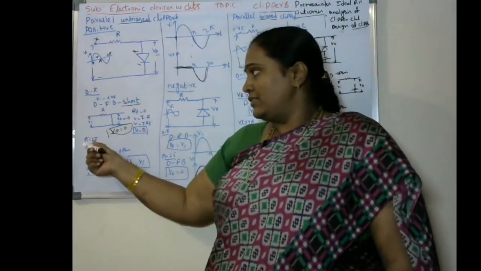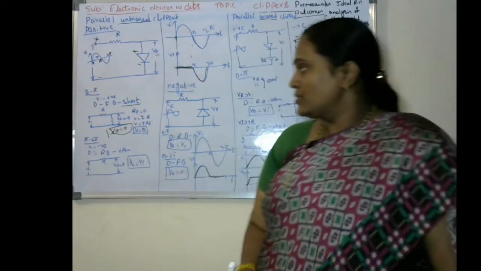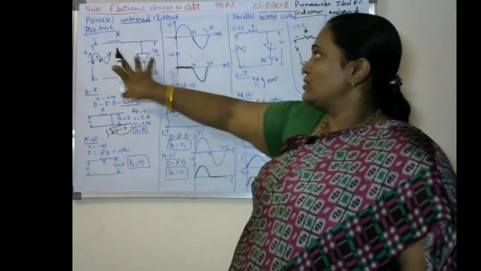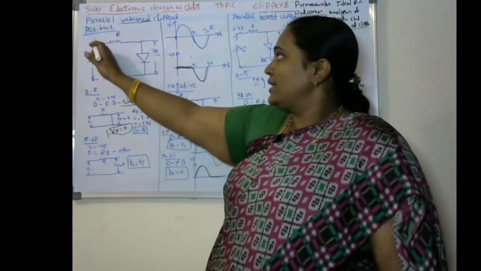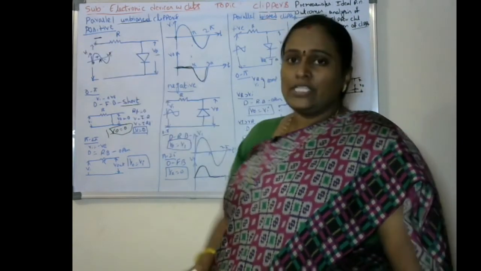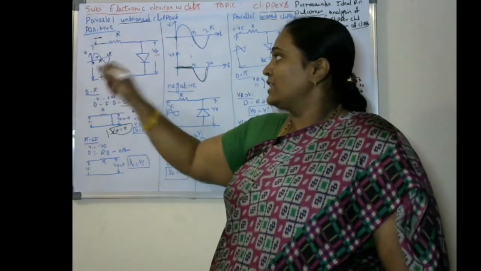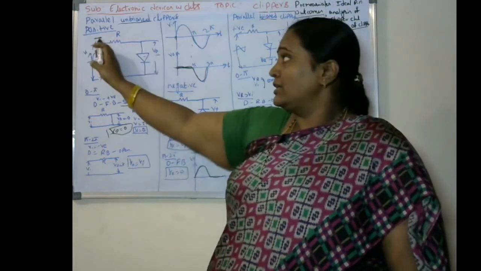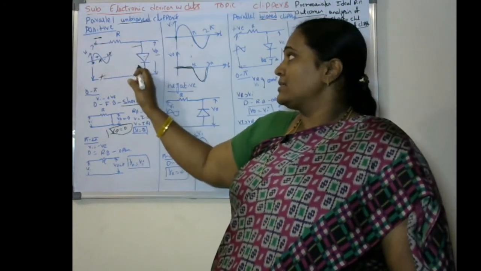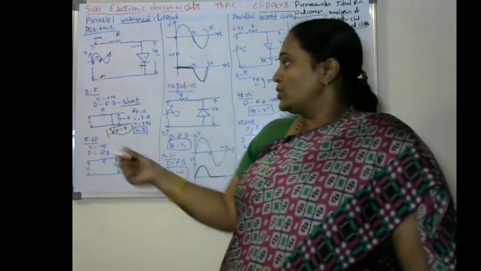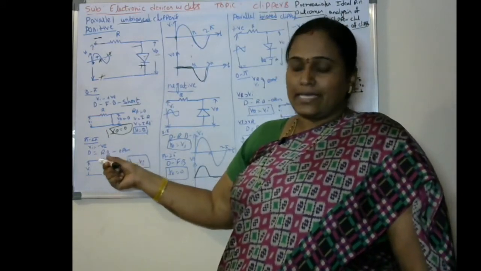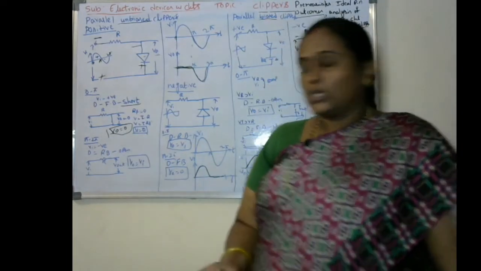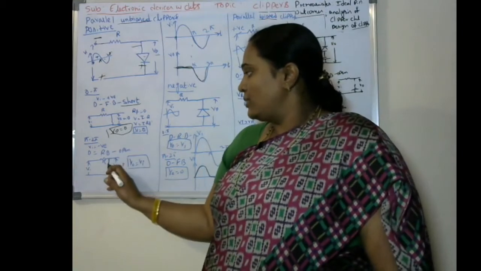Next, the case of pi to 2 pi. When you observe pi to 2 pi, it is a negative cycle. So what happens to the polarities? Here we have the negative voltage and here we have the positive voltage. The P type of the diode is connected to the negative terminal and the N type to the positive terminal, so the diode is in reverse bias. Whenever the diode is in reverse bias, it acts like an open circuit. Here the diode is open.